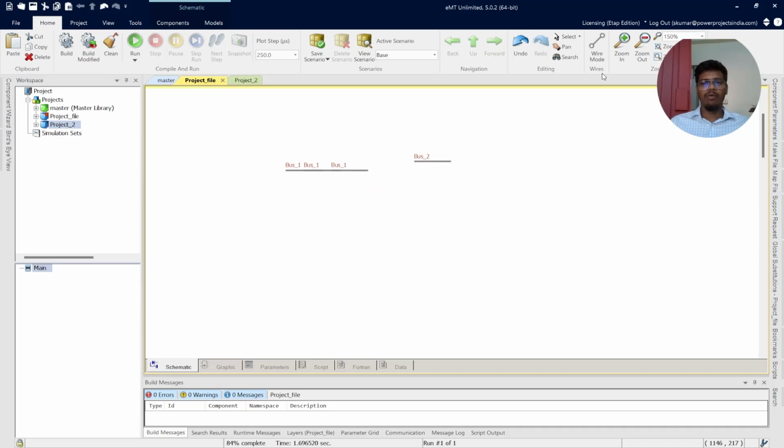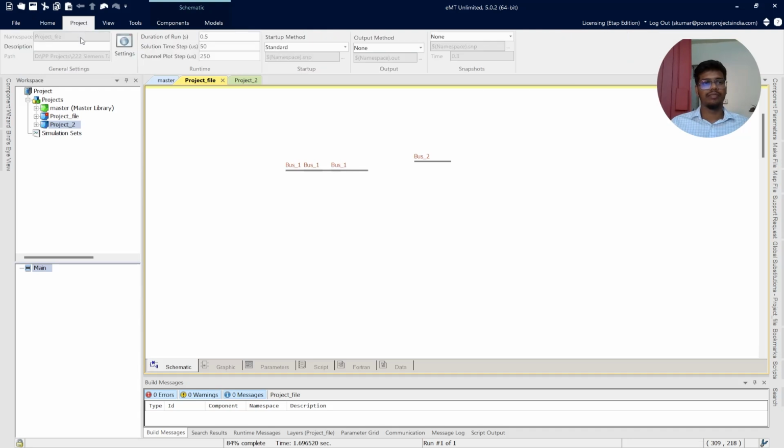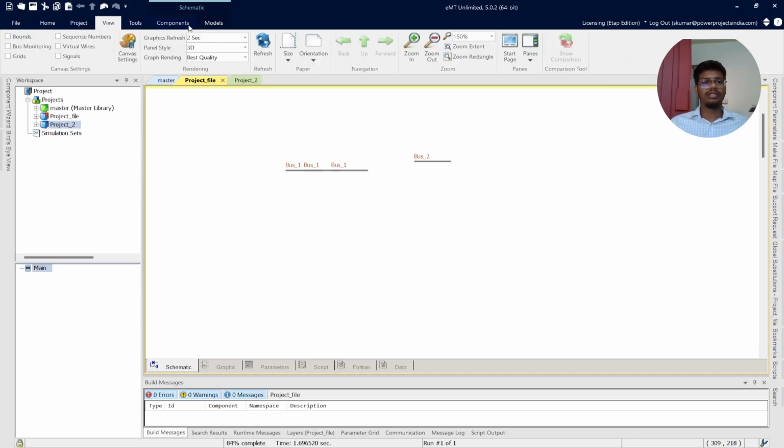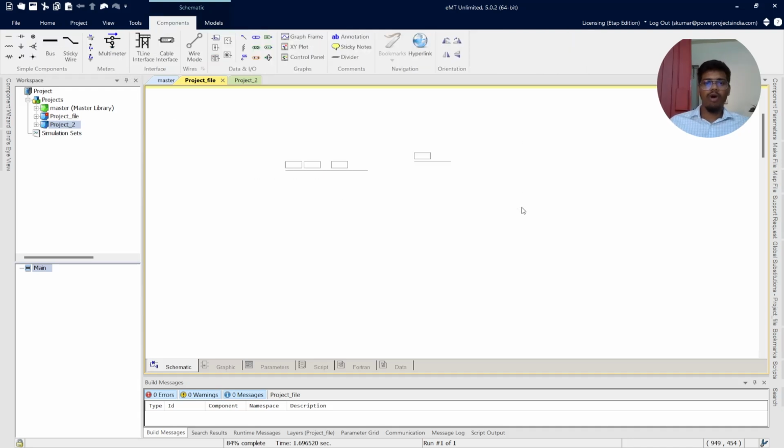Now this is a wire mode. Wire mode, how will it help? Here we will be connecting each equipment by using the wire mode, and this is nothing but zooming in or zooming out the schematic picture. Now coming to the project, we will come later to the projects. So you can go to the components. So now what we will do? Another main thing,